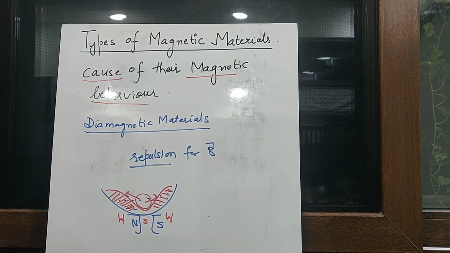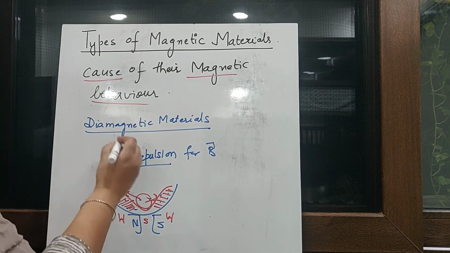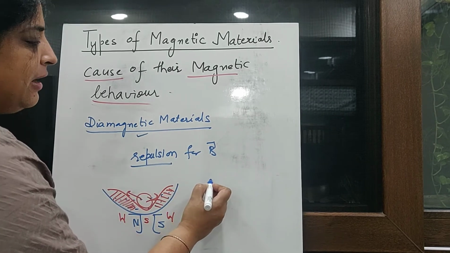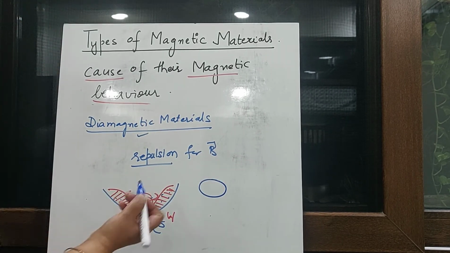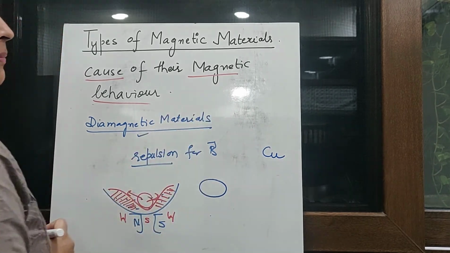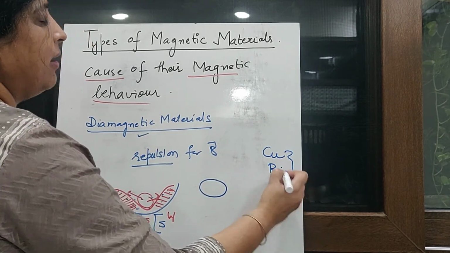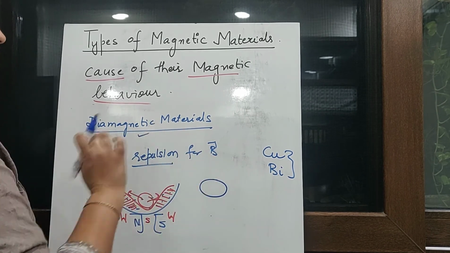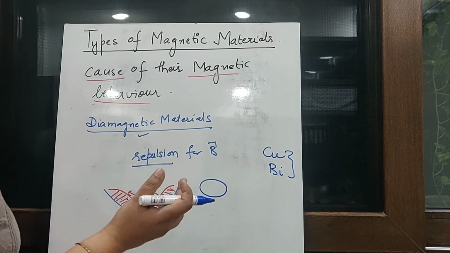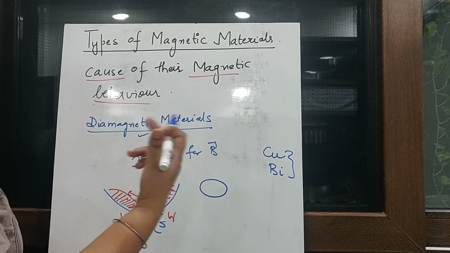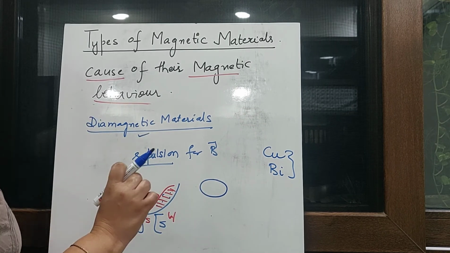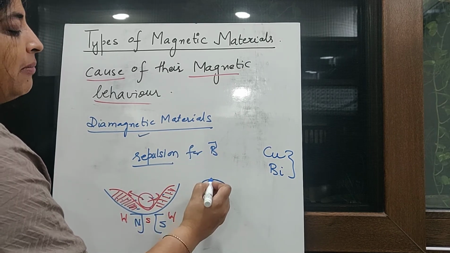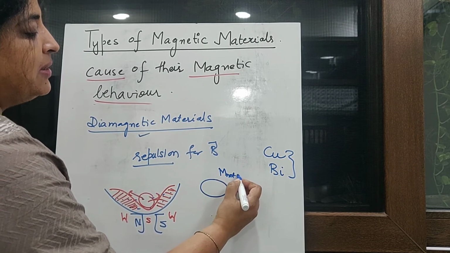Now we want to understand why it happens so. In order to understand the basic structure of the diamagnetic material, consider one atom of the diamagnetic material, and you can have an example, that is copper, and similarly bismuth. So these are diamagnetic materials. So you take copper. Now let us say that this is representing an atom of copper, and it will have many electrons inside it. All of them are moving in their orbit, and each and every electron will have its own magnetic moment. But the net magnetic moment of the atom, M net, will be 0.